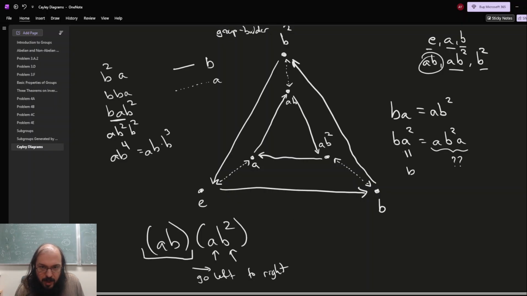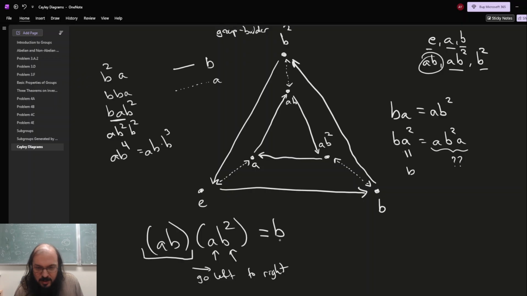So I start with ab, and then I have to take the a arrow. A arrow lands me up here. And then I take the b arrow twice. So I go over to e, and I go over to b. So the diagram seems to tell us that this gets b. We should probably verify that. So let's do some calculation and see if we have